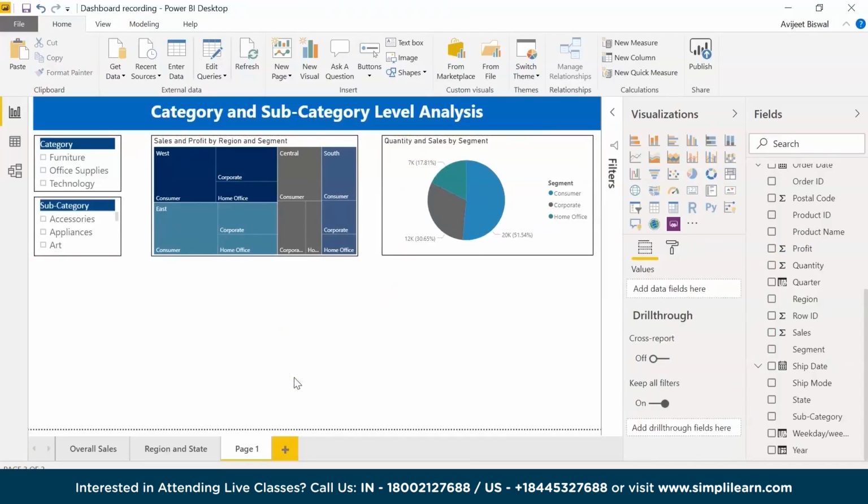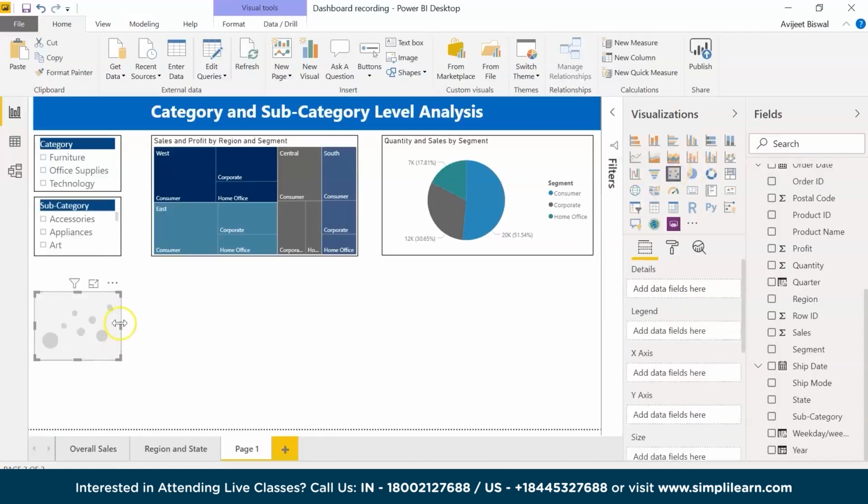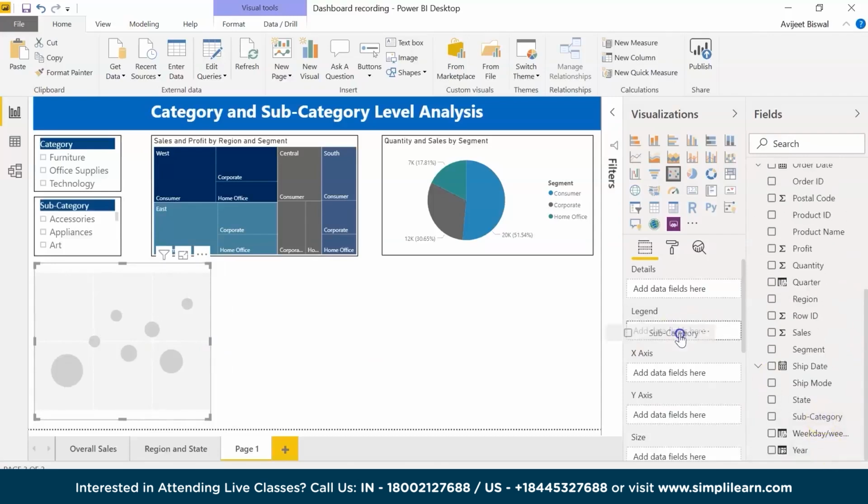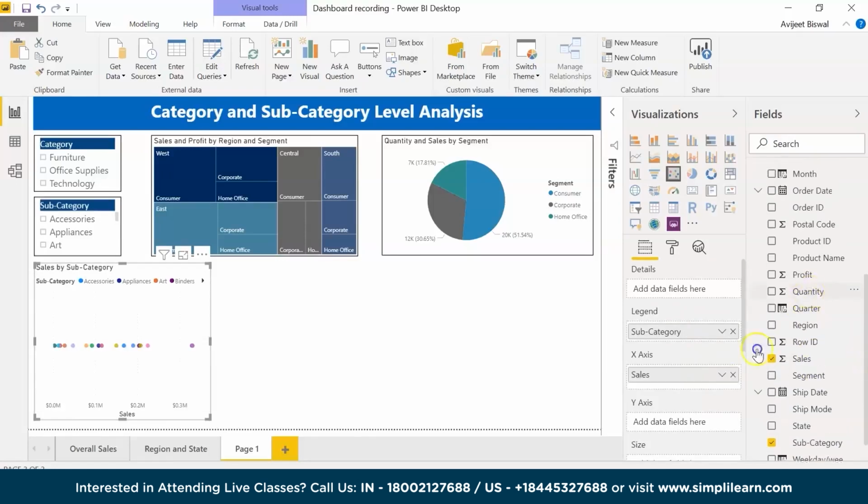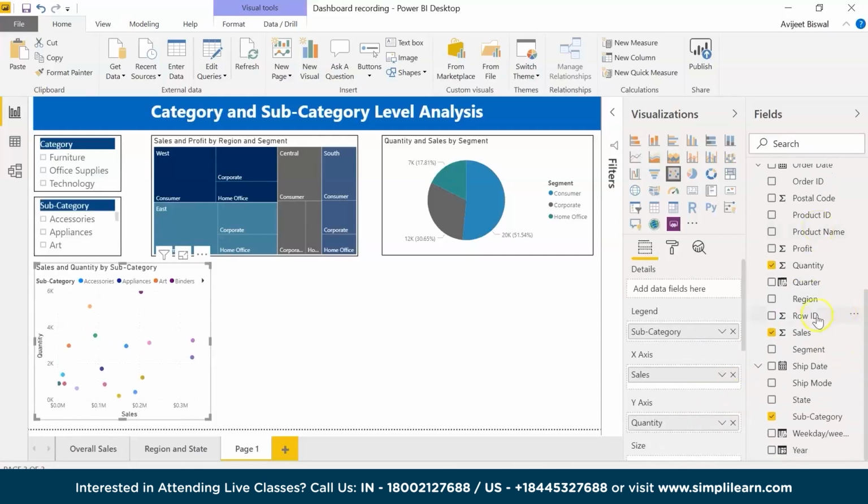Now let's build a scatter plot to analyze the sales, quantity and profit by each subcategory. So under visualizations, I'll select scatter plot. I'll resize this. So I'll add subcategory onto legend. Then I'll add sales onto the x-axis, quantity sold onto the y-axis, and under size we'll take the profit